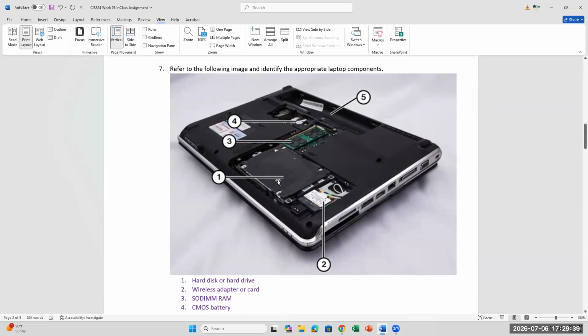Okay, so for number 1, this is a shield that goes on top of the drive. When you lift that up, you have the drive. Most systems now have solid state. The difference between solid state and your older hard drive is that the older hard drive has a platter that spins. Just imagine, I think some of you know